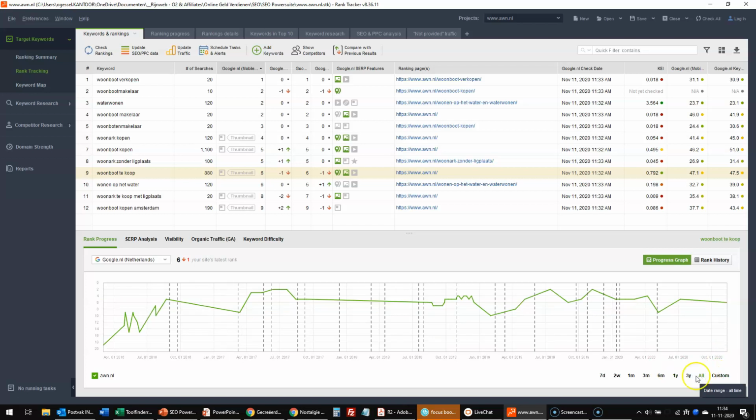Or the total period. So this is also interesting if a client asks, well, how much have we progressed? Is it worth investing? You can see, well, we started here at, as you can see, number 19. We were at number 2 sometimes, and now we're at number 5, and now we're at number 6. But if you want to rank even higher, then we should do something more in, for example, backlinking or whatever it is. So you can sort by all these columns, number of searches, Google Mobile, SERP features as well, check